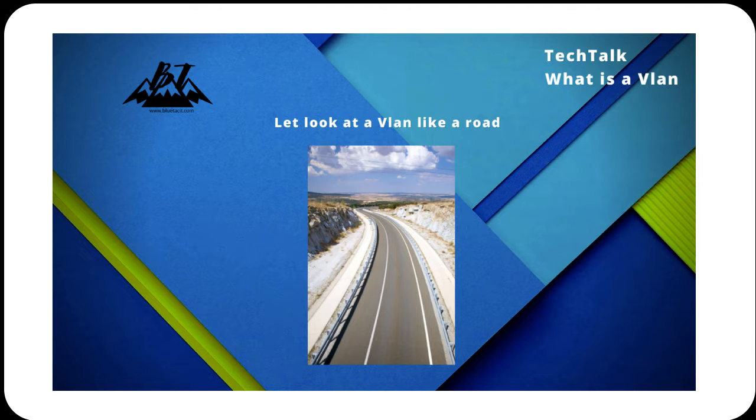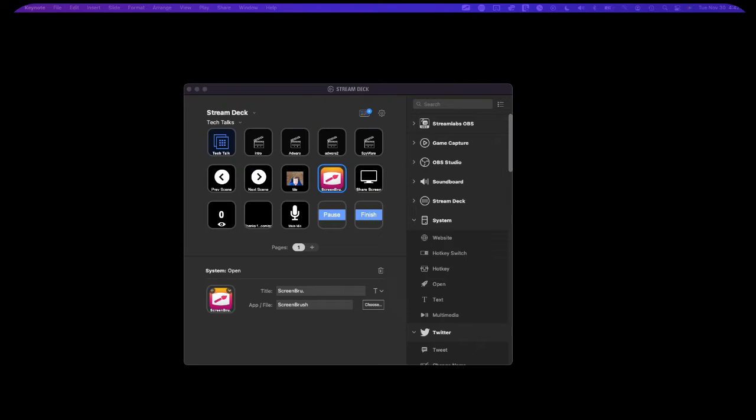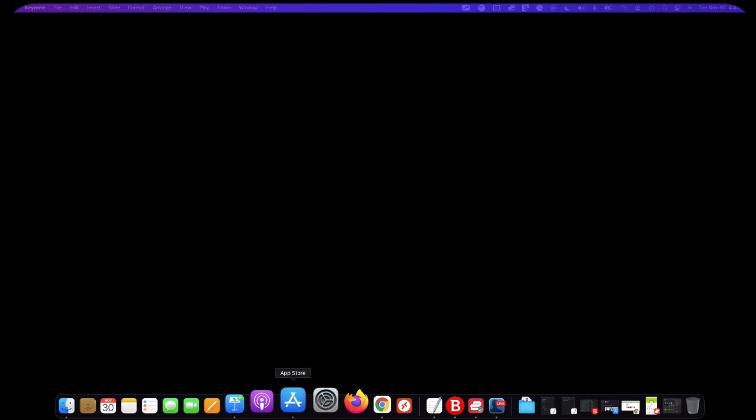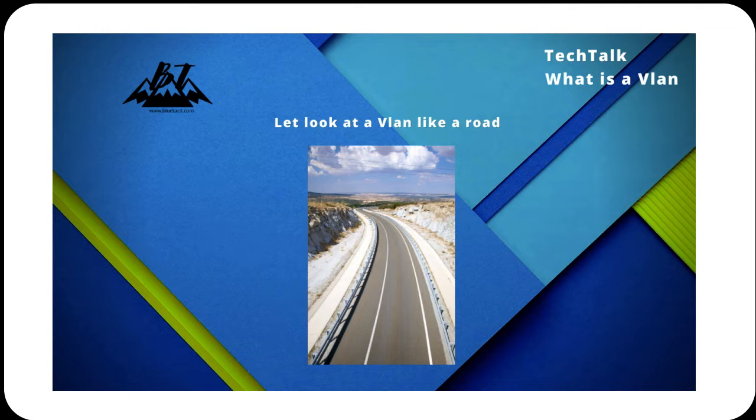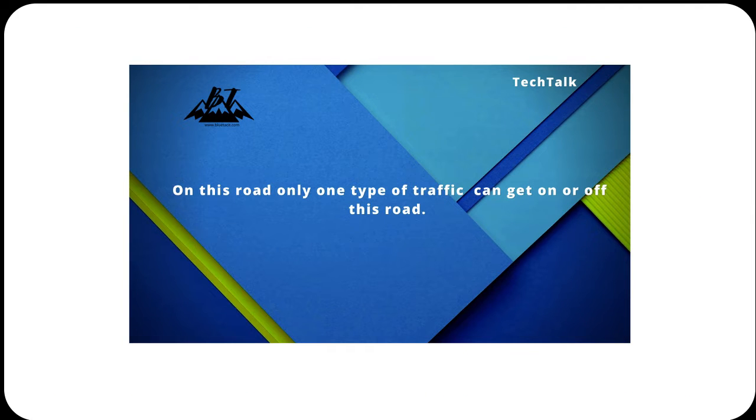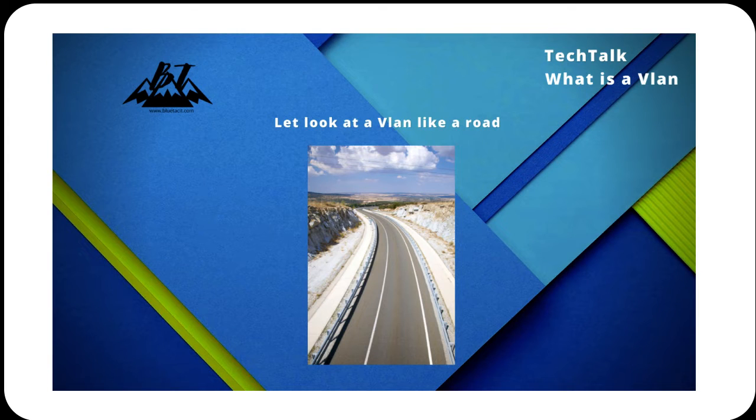You can see that both sides of this road have guardrails on them, right? With both sides of the guardrails on there, you can't really do anything. You can't really see anything. It's guardrails. It's keeping you in one area. That's what a VLAN does. It's going to keep all of your traffic going to the correct devices.